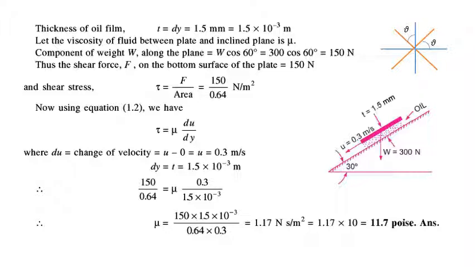So let's apply this to our figure. We have an inclined plane which makes an angle theta with horizontal, and this square plate is sliding downward, and the weight of this plate will act vertically downward. This weight is W. I can resolve W into two components. One component will be parallel to this plate in the direction of the velocity, and the other component will be normal to this plate, normal to this inclined plane.